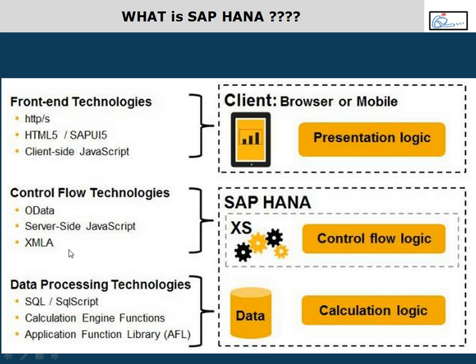So they have given a framework like this: to design a front end screen, SAP UI5. For designing the services, OData, JavaScript and XMLA. For designing your database in the backend, we have the index server to handle your database. And we also have the flexibility of writing CE functions or SQL script or what? AFL function library, through which you can implement data intensive logic deep into the HANA database. Your services will only read the request and redirect which logic should get executed in the HANA database. Now, am I pushing logic to the database or am I reading data from the database to the application server? I am pushing the logic.